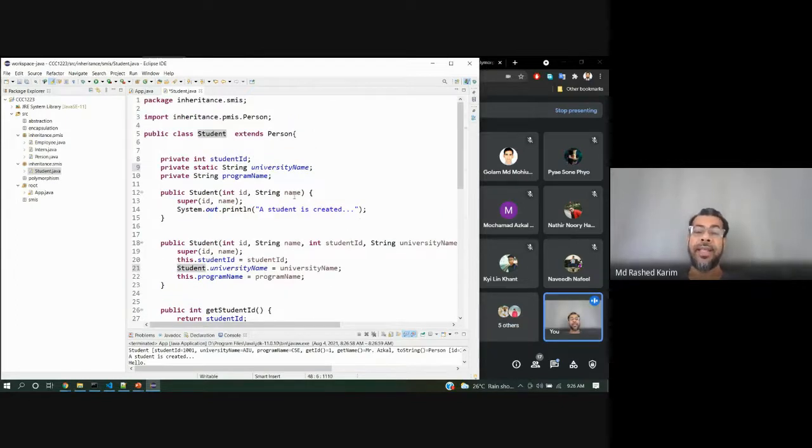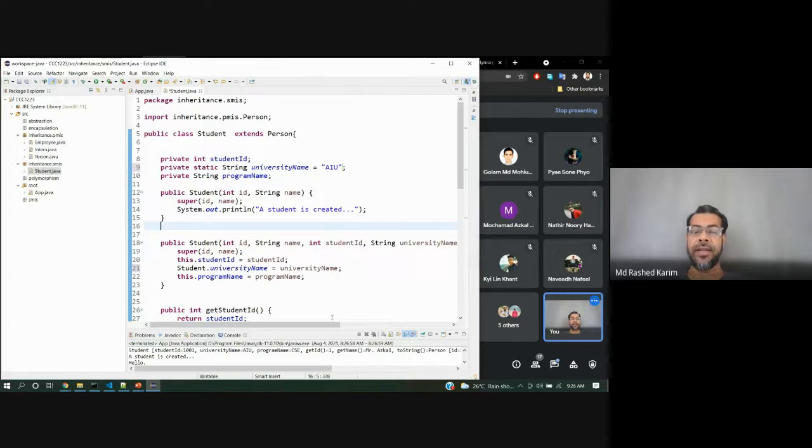Another thing, I can declare this static here like fixed, because I don't want to write again and again. I can declare this static variable by initializing directly inside the variable declaration, or